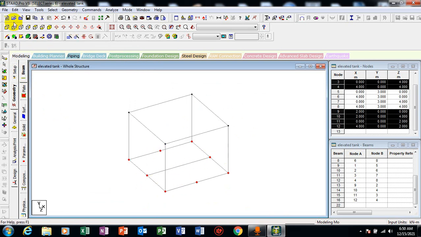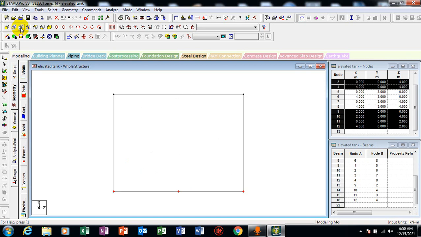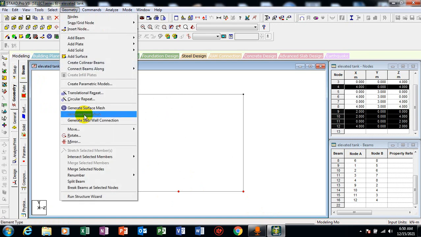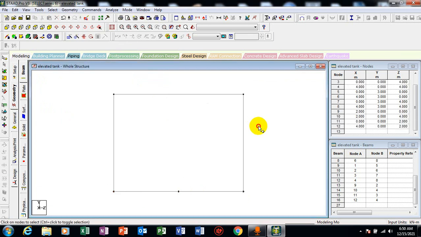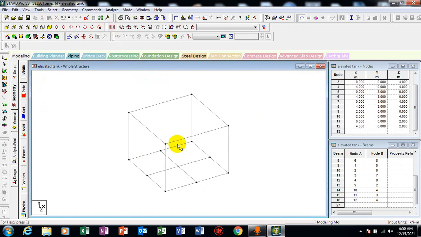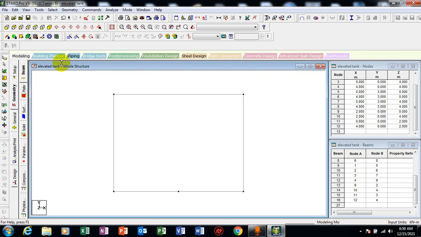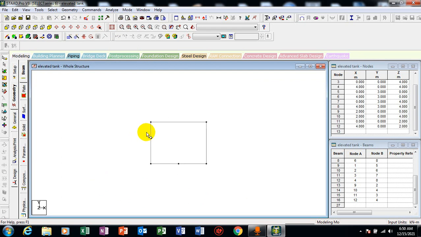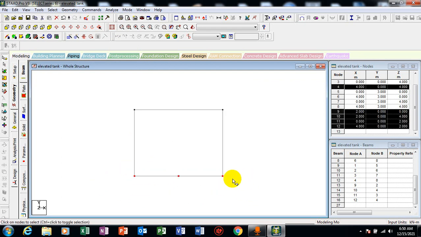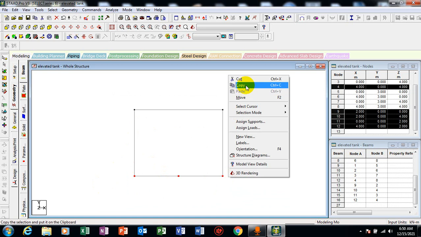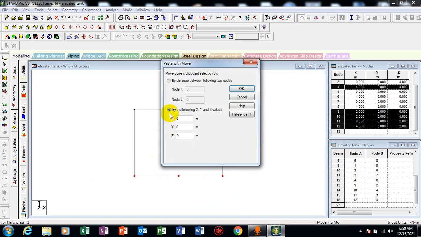So to have this connected, I'll switch here to this direction, my left hand, left direction, or my left view, whatever you want to call it. And then I'll go to geometry and then I'll connect beam along Z axis and I'll click on OK. And then let's view this in 3D. You can see what we have. I'll click this to my front view. I'll highlight all of these nodes and then I'll copy the nodes and I'll paste it along my